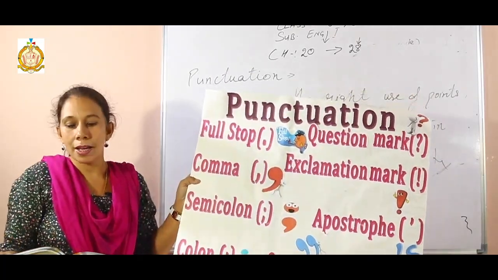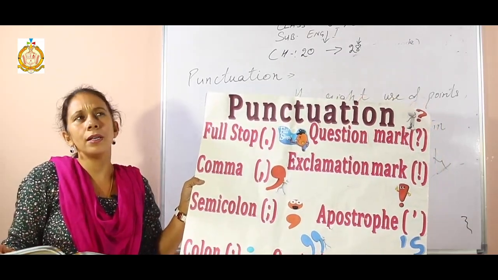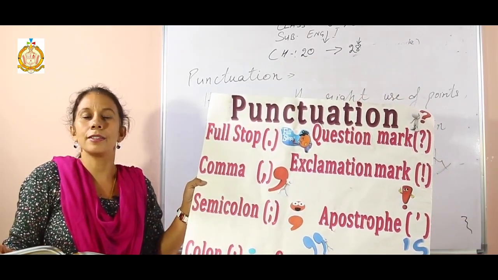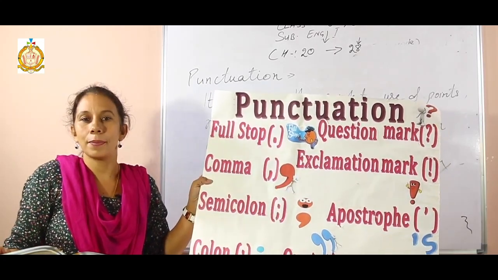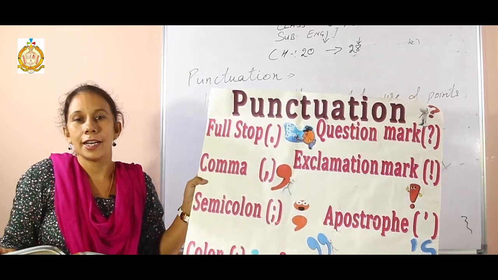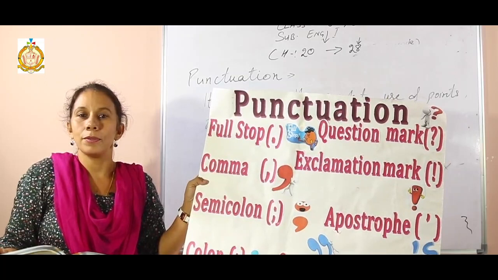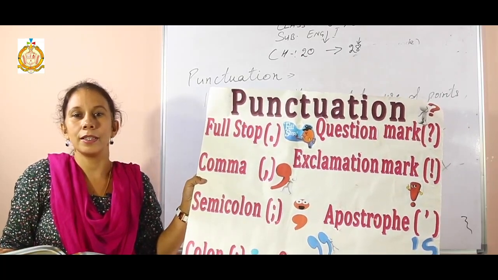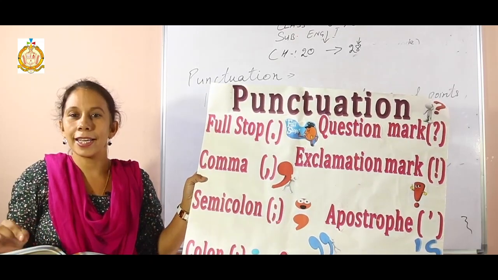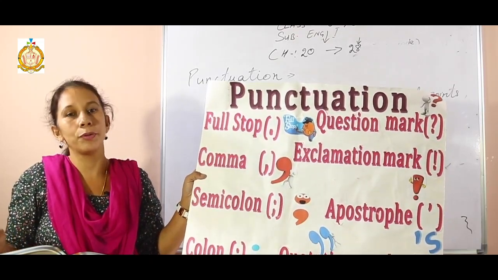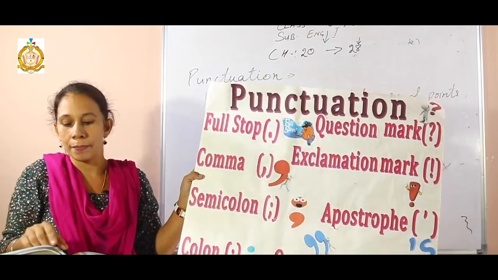Comma is used to separate words in a list. For example, you just went shopping and someone asked you, what did you buy from the market? You told that person, I bought chocolate, candies and fruit, so many things. And how do you explain to them? You can repeatedly speak the things. No, in writing you can put a comma: chocolate, comma, candy, comma, fruit. So you can separate the things in the list.